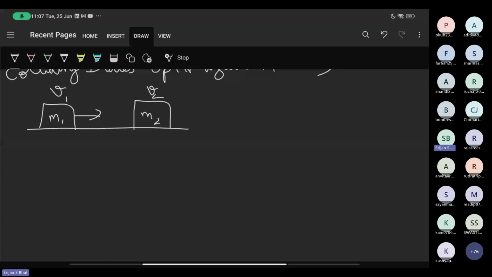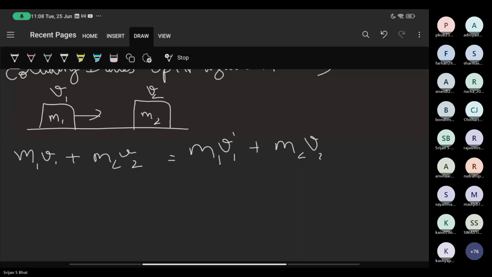That's the main thing. So this is basically conservation of momentum, which is m1 v1 plus m2 v2 is equal to m1 v1 dash plus m2 v2 dash. So this is what will happen.